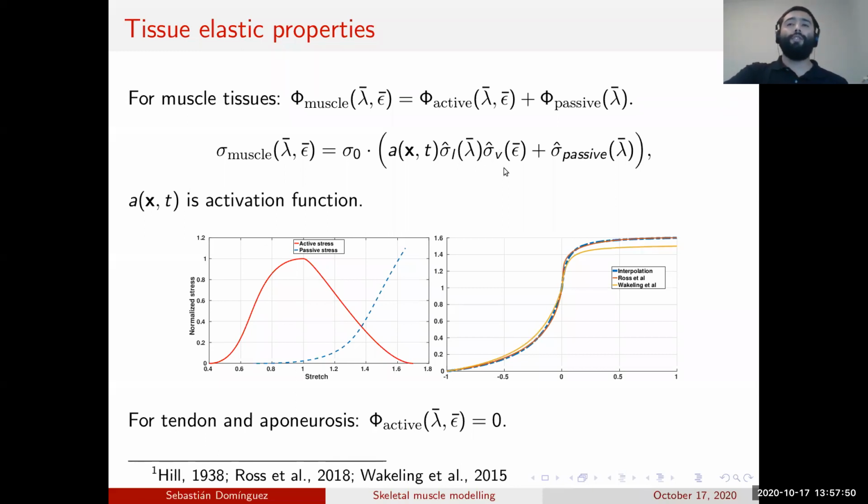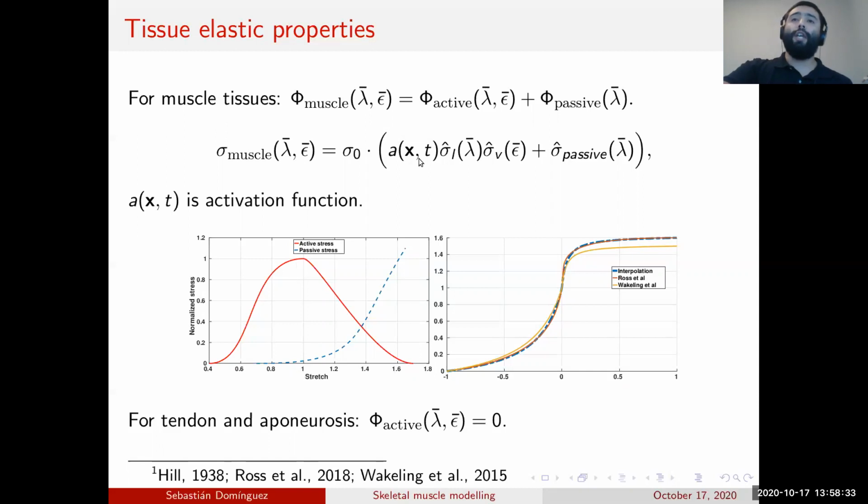So sigma V refers to stresses that develop due to velocity. So this is kind of like a mix with fluids, now that we're talking about velocity or stresses due to velocity, right? And so when this is 1, this stress here, sigma L, which is called force length or stress length, looks like this thing here, all right? So stretch 1 is called the optimum length. It's the place where you get the highest force from the muscle, right?